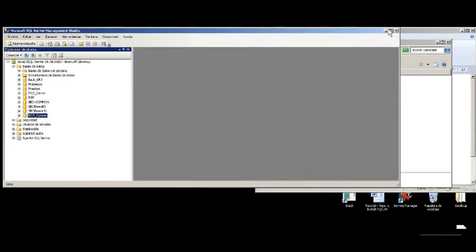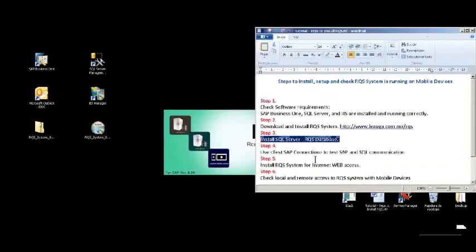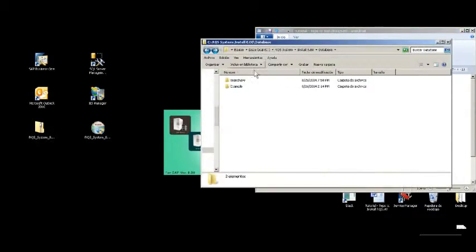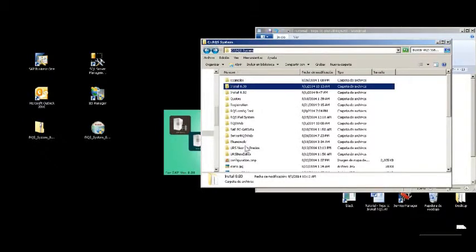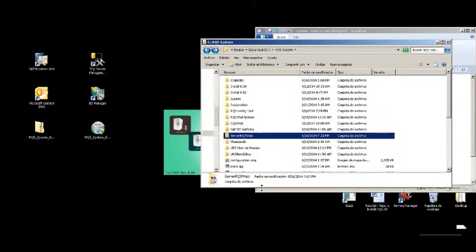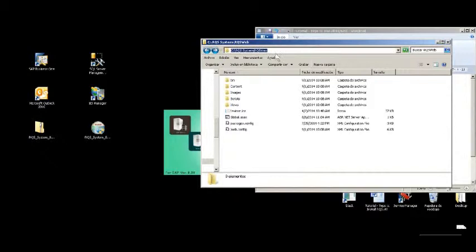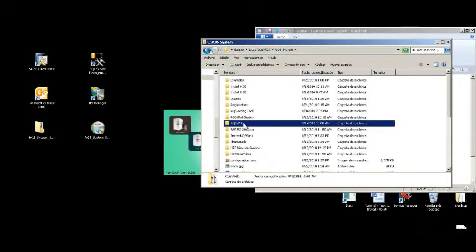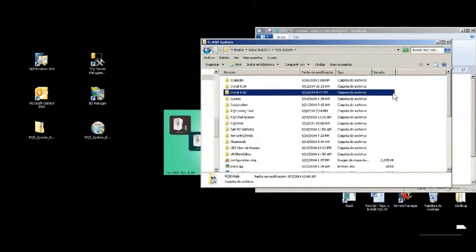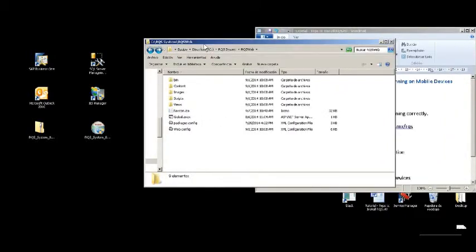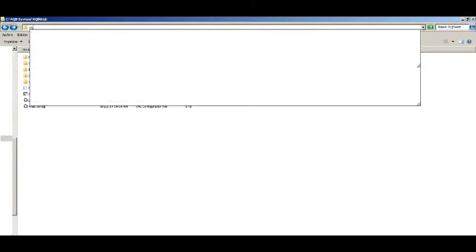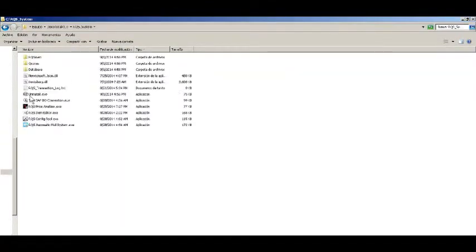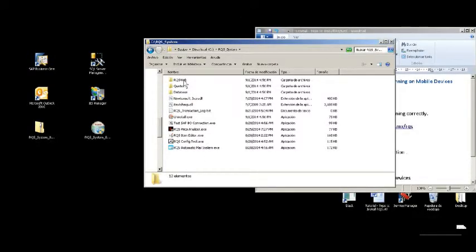Go to the RQS System directory, the default installation directory, and find the Test SAP Connection. Execute the application,